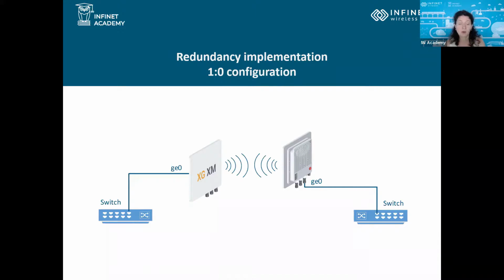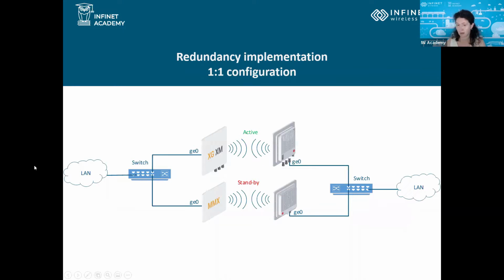Let's begin with the 1+0 configuration, where just one regular link is installed with no possibility to implement redundancy. In the picture, you can see an XG link providing gigabit connectivity. In case that this link fails, there will be a communication outage until the fault is handled, so there is no redundancy. Then we have the 1+1 configuration, which is the most typical redundancy setup, and it involves having two parallel wireless